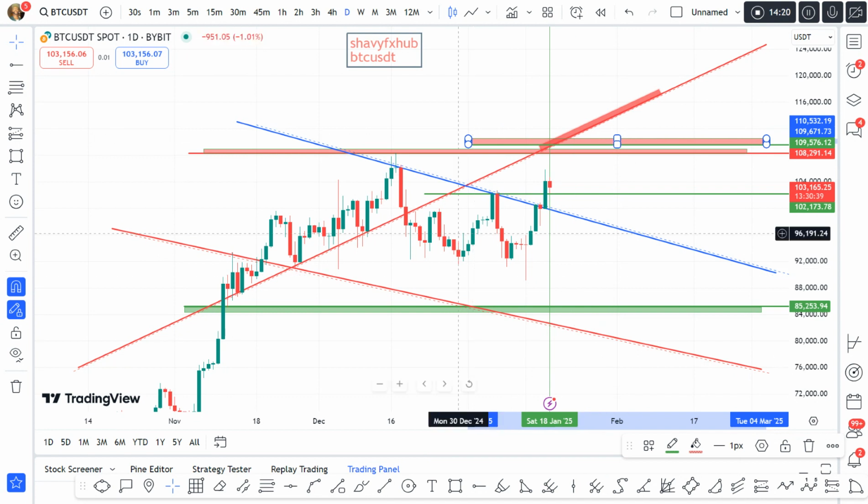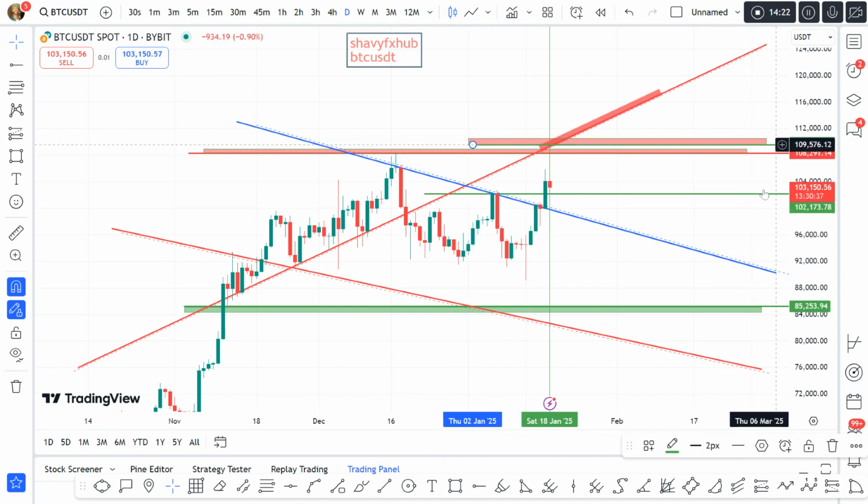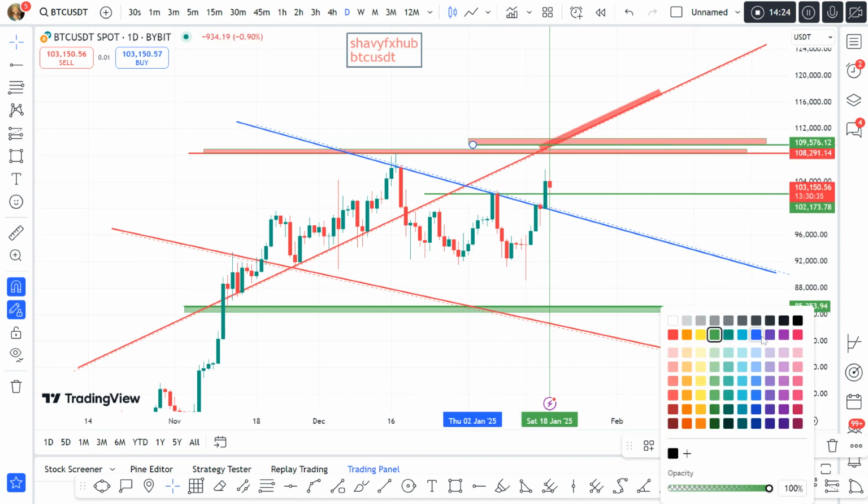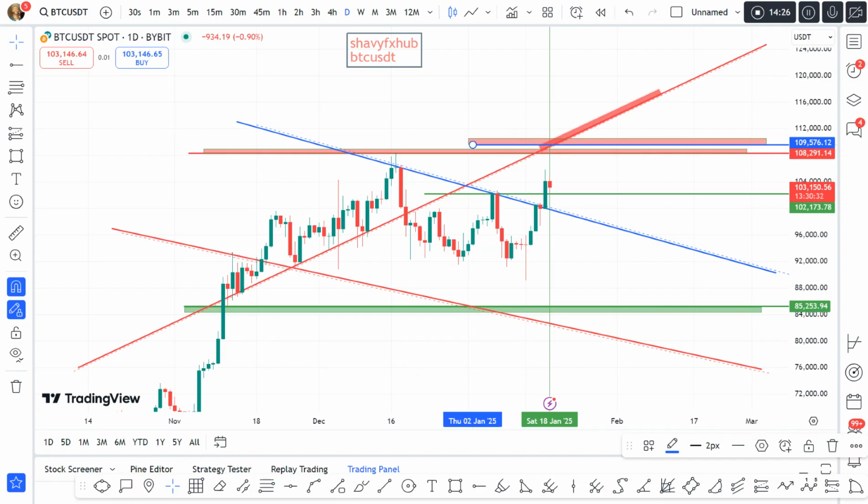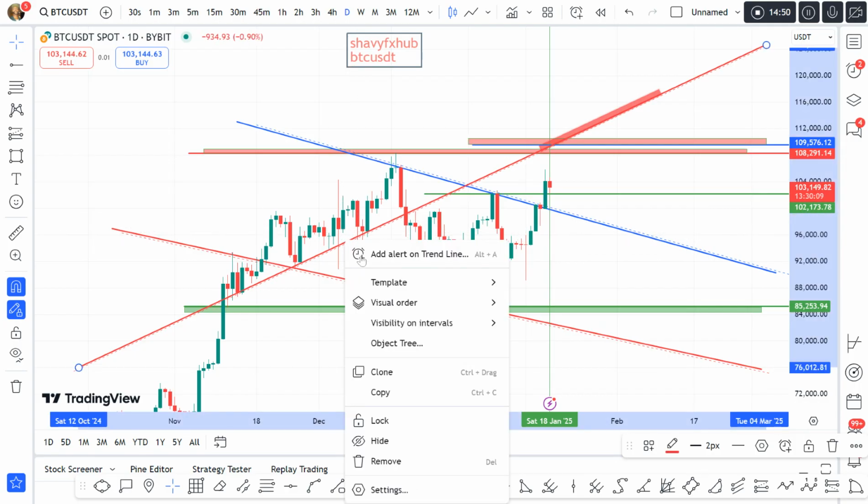So at this level, you set your sell order at 109,576.12, where I assure you, if we continue to have a buy rally into that zone, that will trigger a sell, thereby breaking the previous high. And remember our strategy. Our strategy is based on: if you want to buy, you buy on the break of a previous low. If you want to sell, you sell at the break of a previous high. That is how to think and to be a